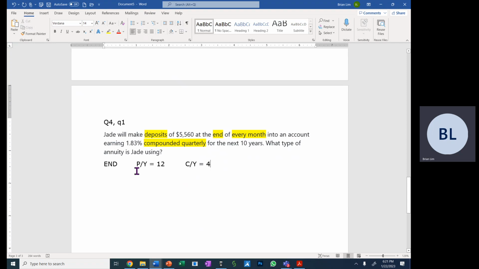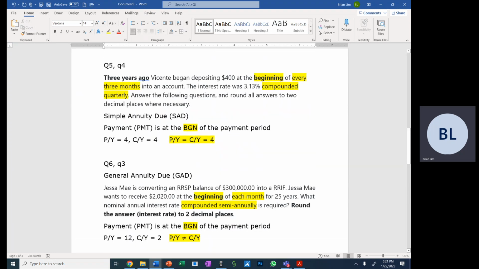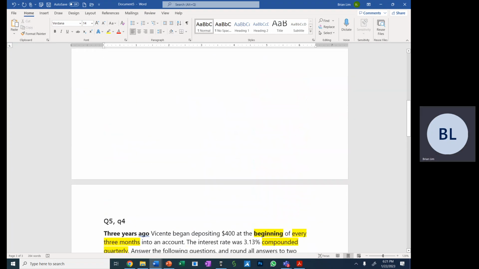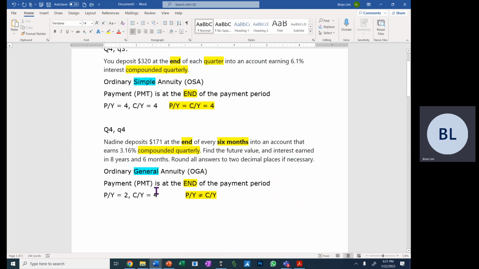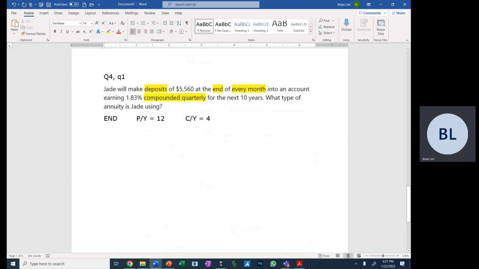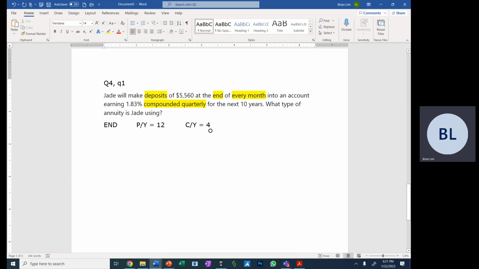So what do we have? Well, PY is not equal to CY, and it's at the end. So if we go back, PY is not equal to CY. So these two are the end, correct? Yes. Okay, there it is. Yes, ordinary general annuity. Okay, so it's at the end and it's not equal, so then it must be an ordinary general annuity. Okay, so if we were to go back here, we would classify this as an ordinary,